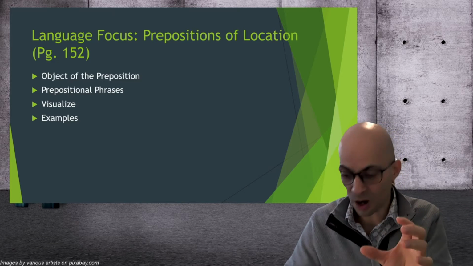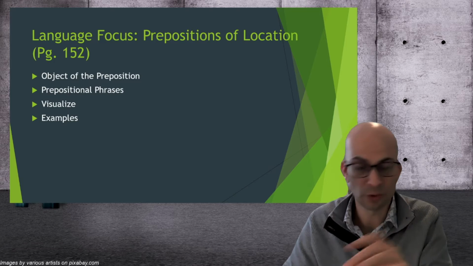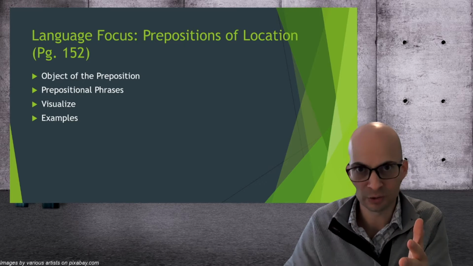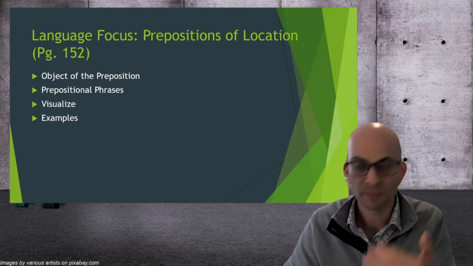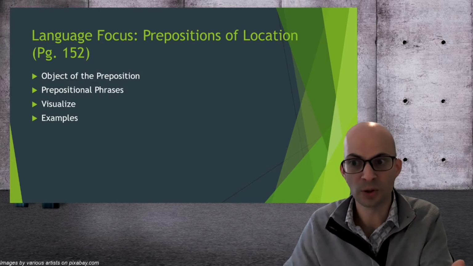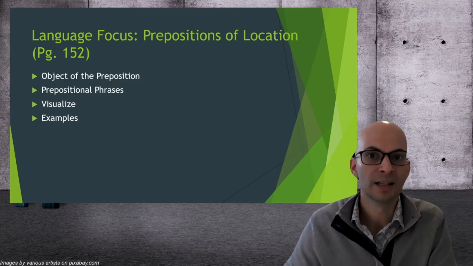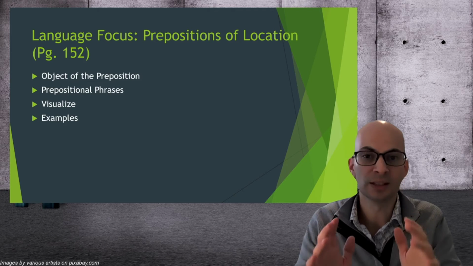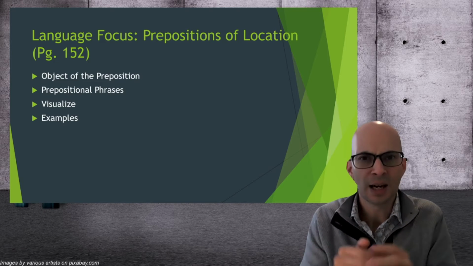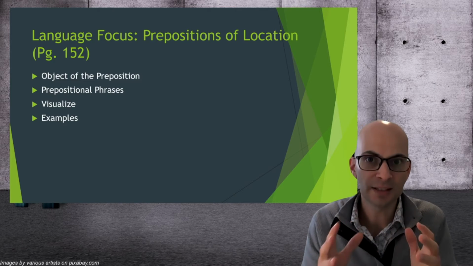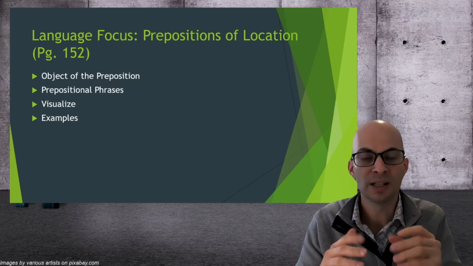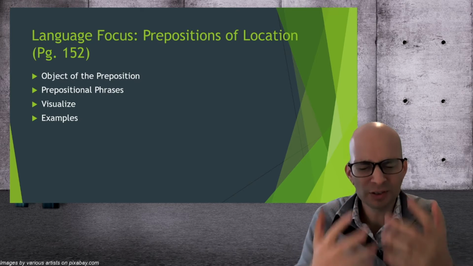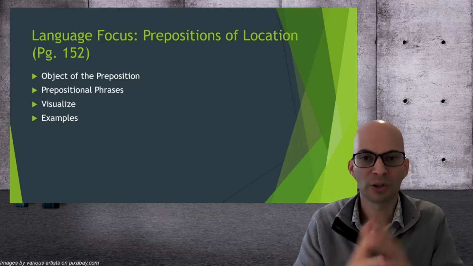So the object is Wilson Road, or road. Wilson might be describing the road if you want to be really picky. And park is also the object of a preposition. But that whole thing together is called a prepositional phrase. And the whole purpose of these phrases is to help people visualize or understand more clearly what you're talking about